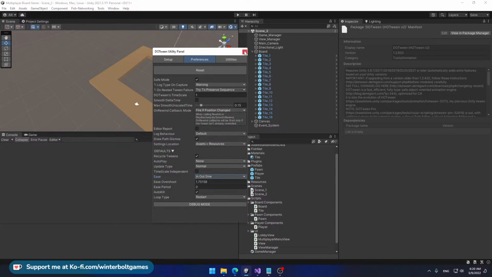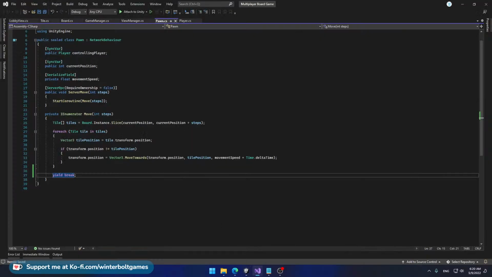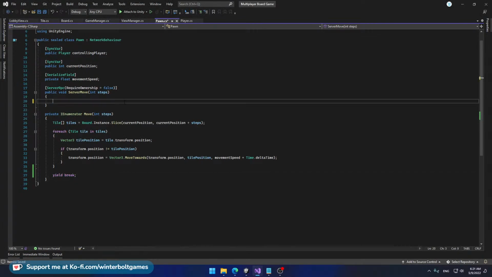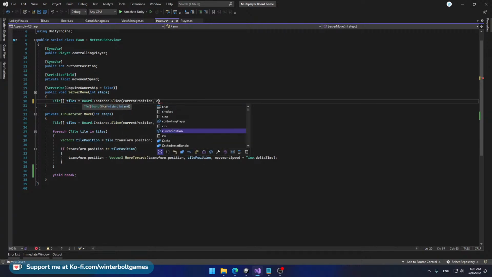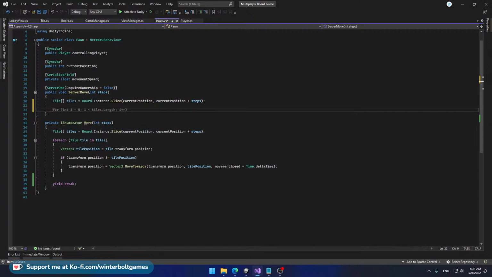Now let's go ahead and close this window, go back to Visual Studio, and we can simplify this code here by removing this call here. So I'm going to say Tile array tiles equals board.instance.slice current position and current position plus steps, okay? Then I'm going to go ahead and say Vector3 path equals